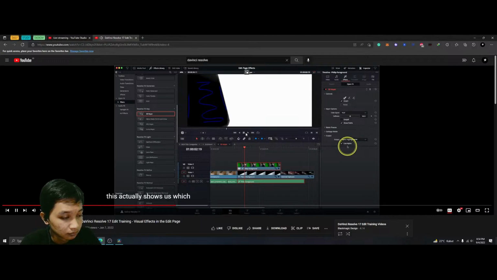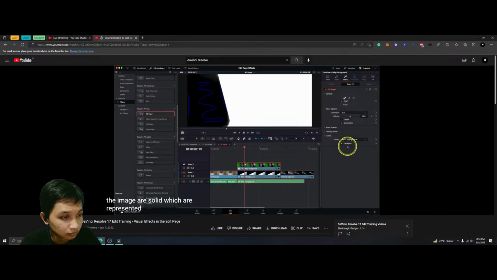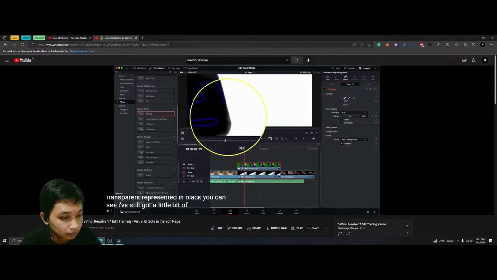This actually shows us which areas of the image are solid, which are represented in white, and which areas are transparent, represented in black. You can see I've still got a little bit of fringing around the edge of the